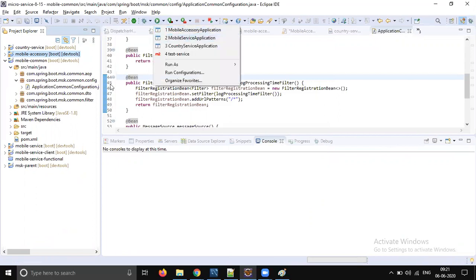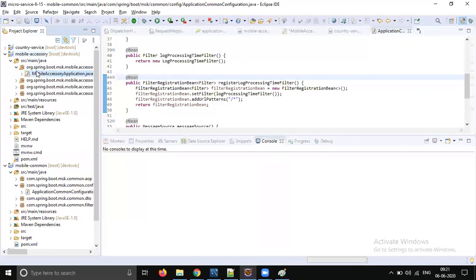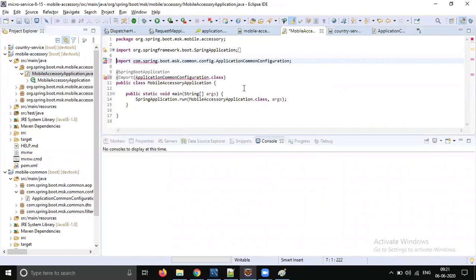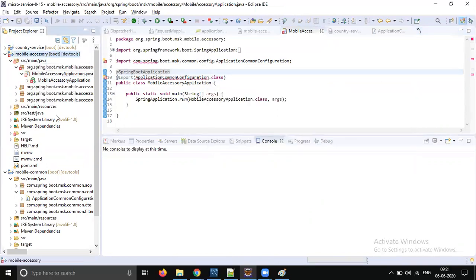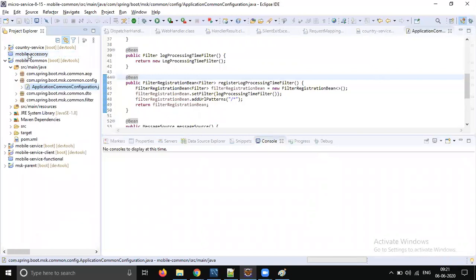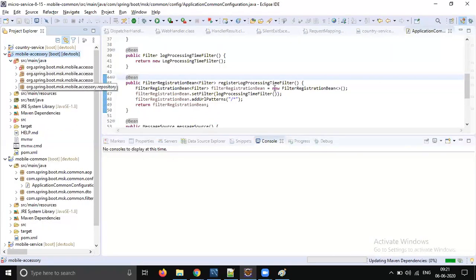And let's do a fresh run as. We added it in the pom.xml file. One second, let me close the project and reopen. It will build automatically, so the dependency should be resolved.